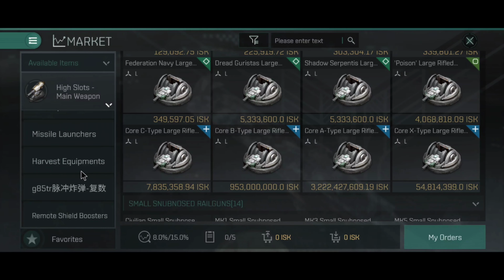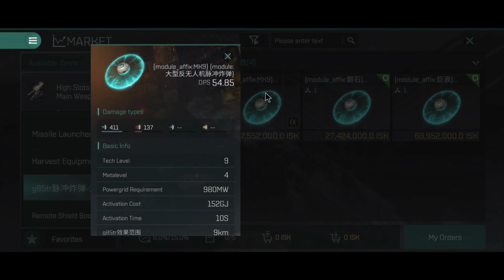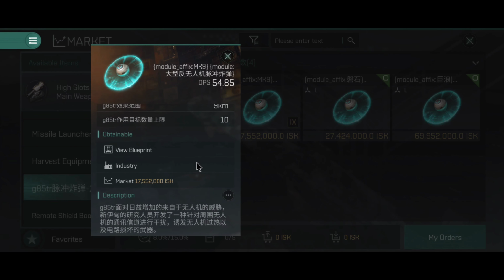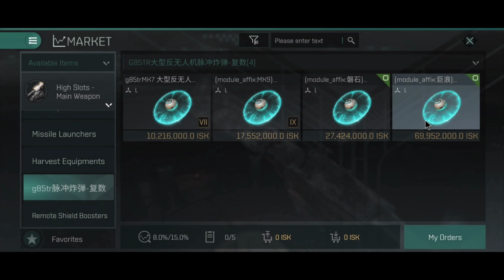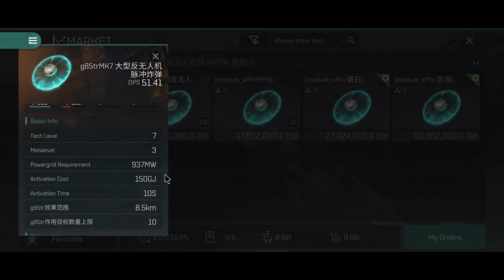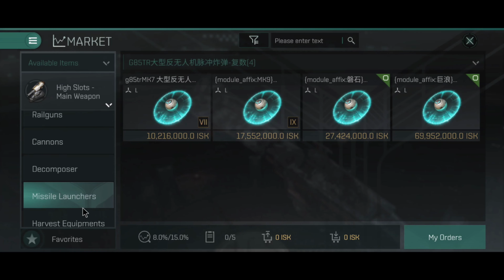Alright, let's now go towards this little thing. This is the new pulse bomb, something similar to smart bombs, but this only affects drones. Overall, we don't have any use for this because we don't participate in large fights, but this module will be very useful if you are in a big fleet, very useful if you have a lot of drone boats as your enemy, and it should do a really good job at balancing out the current drone problem that we have